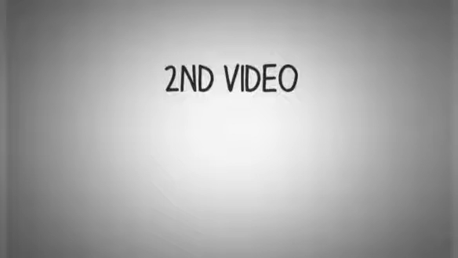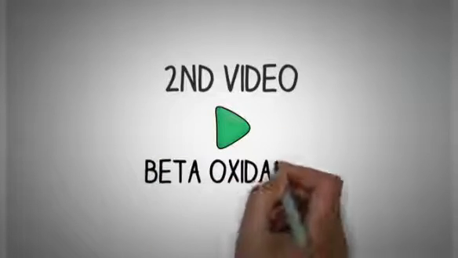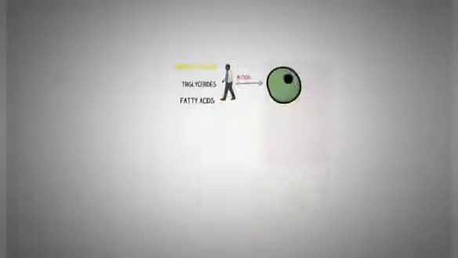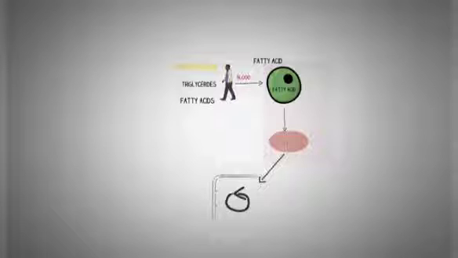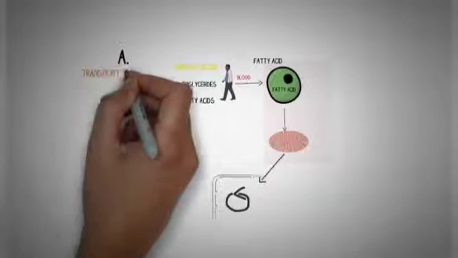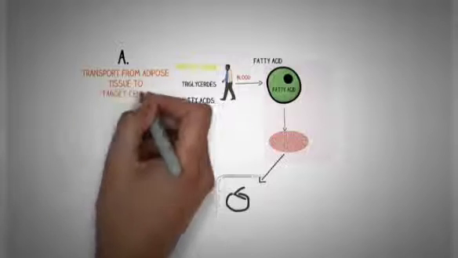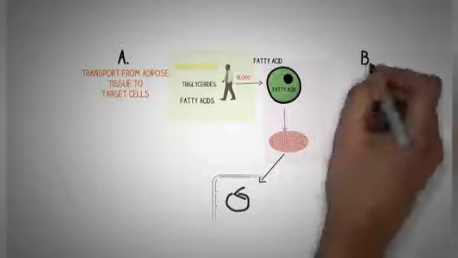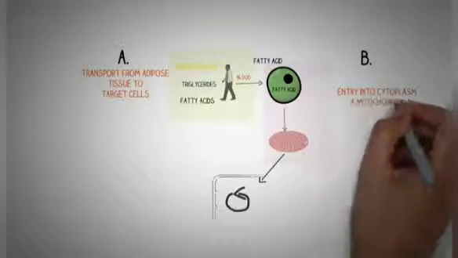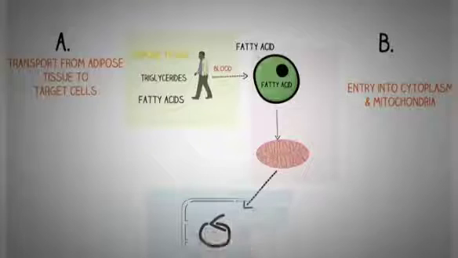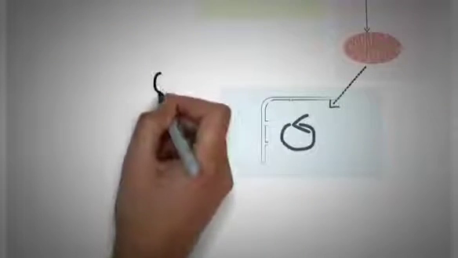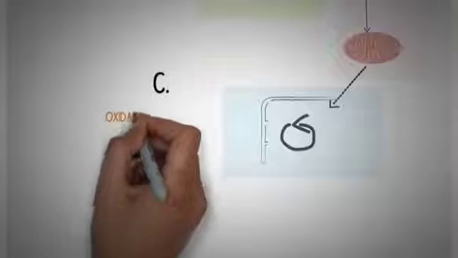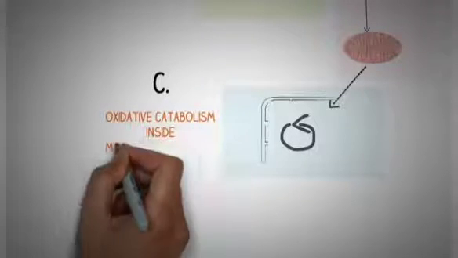Now this will be the second video in the series on beta oxidation. In the first video, we talked about how the free fatty acids are transported from adipose tissue to the target cells where they are metabolized. We also talked about how the free fatty acids enter into the cytoplasm and the mitochondria. Now in this video, we will be talking about the oxidative catabolism of fatty acids that takes place inside the